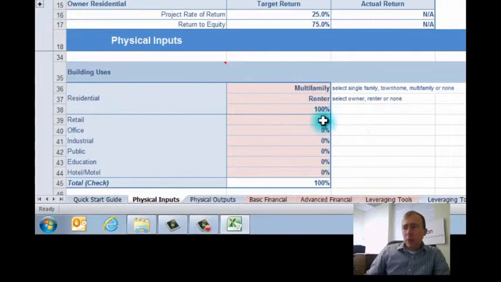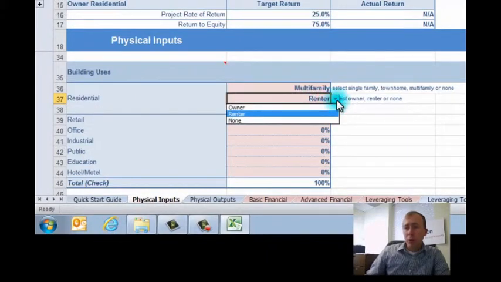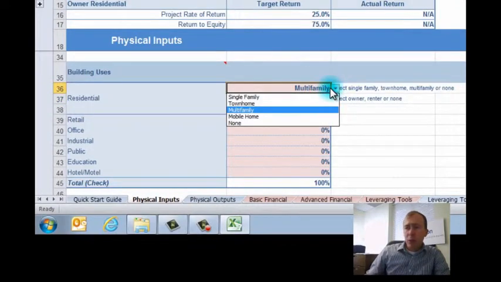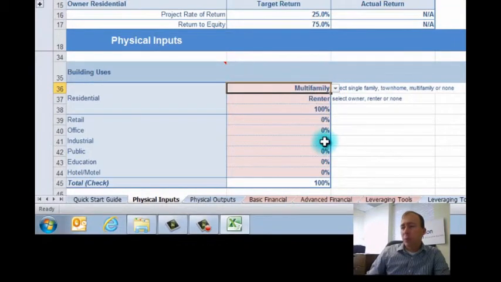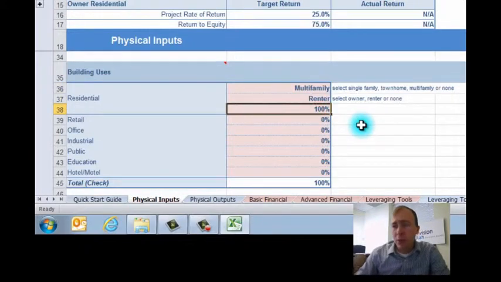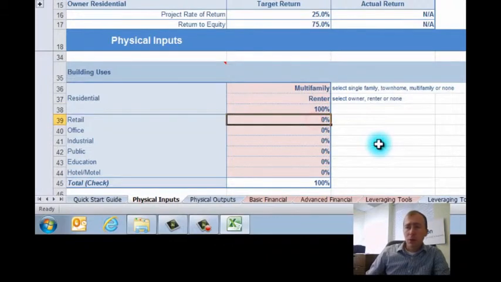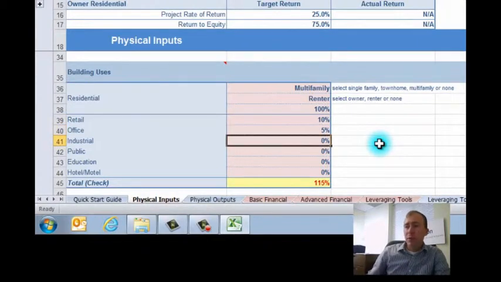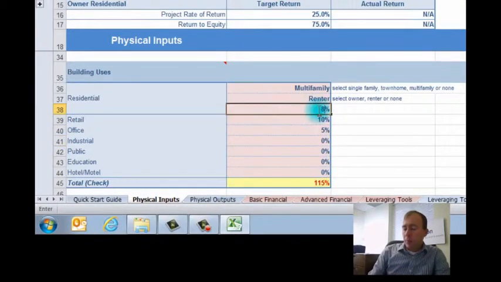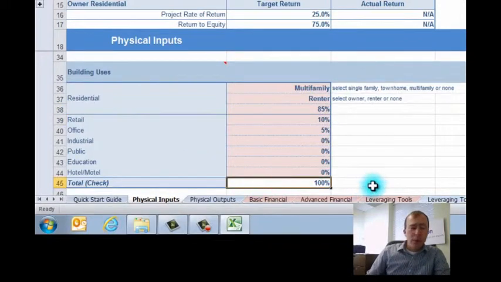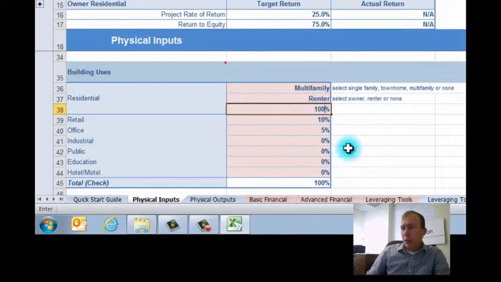And going down the list, we could choose here if it was a renter or owner building. We could choose here if it was a multifamily or single family or townhome, etc. We'll leave this one on multifamily since it's a garden apartment. And we're going to dedicate the entire building, 100% of it, to residential use. We could also, if we wanted to do a mixed-use building, add some retail, or maybe there's even a little office space in there. But they do need to add up to 100%. All of the building uses need to add up to 100%. I'm going to go ahead and leave this one at 100% residential